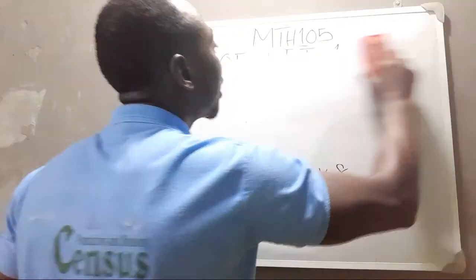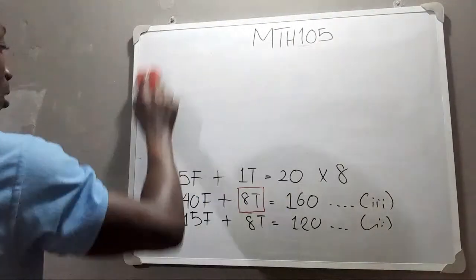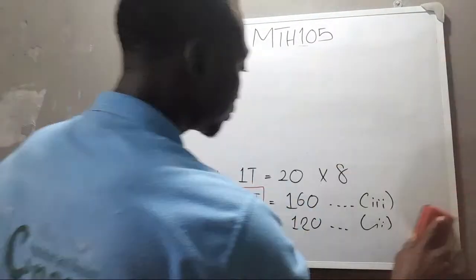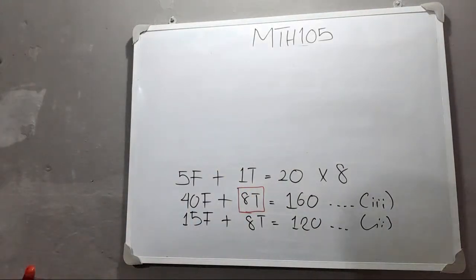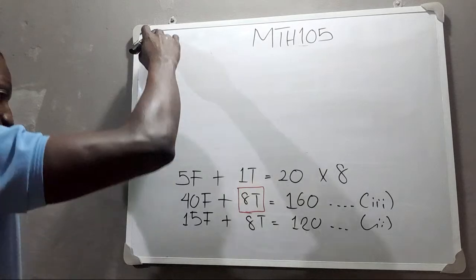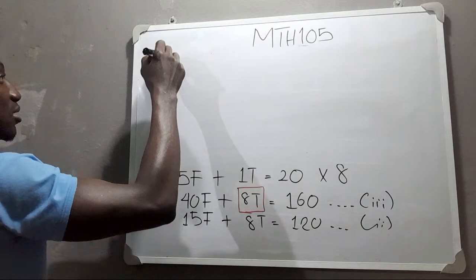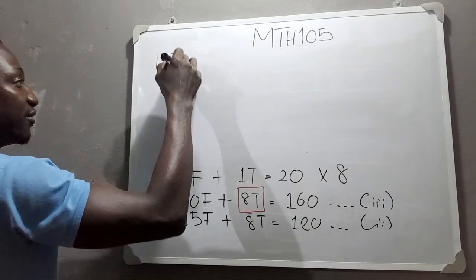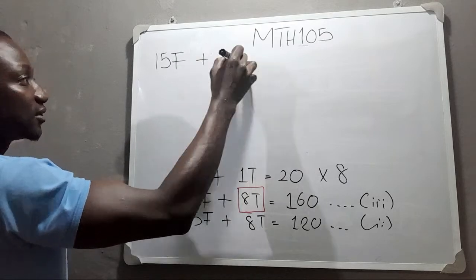Erase this quickly. Okay, so I have equation 2 as 15f. Yeah, I believe we all can see 15f plus